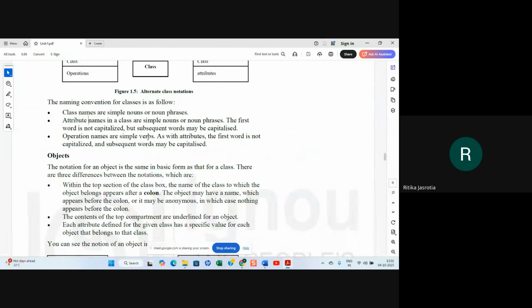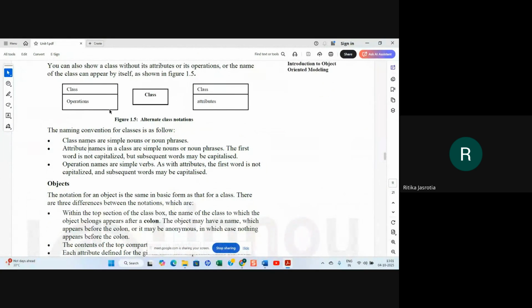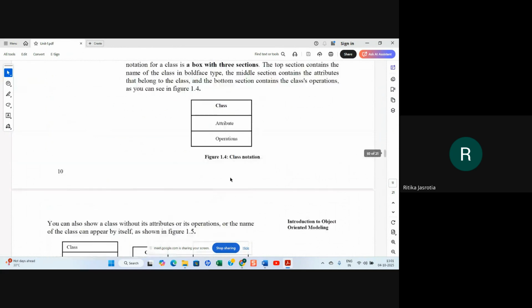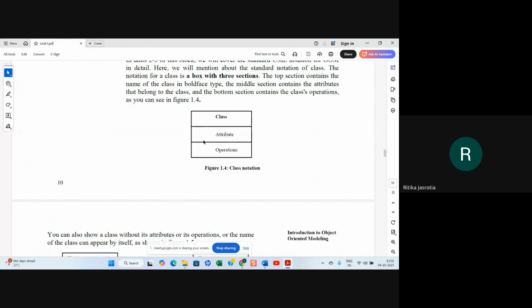So operations for a Student class will be like display student, add student, delete student, modify student detail, whatever. So these are the operations. As with attributes, the first word is not capitalized, subsequent words may be capitalized, right? So this is how you draw a class notation.